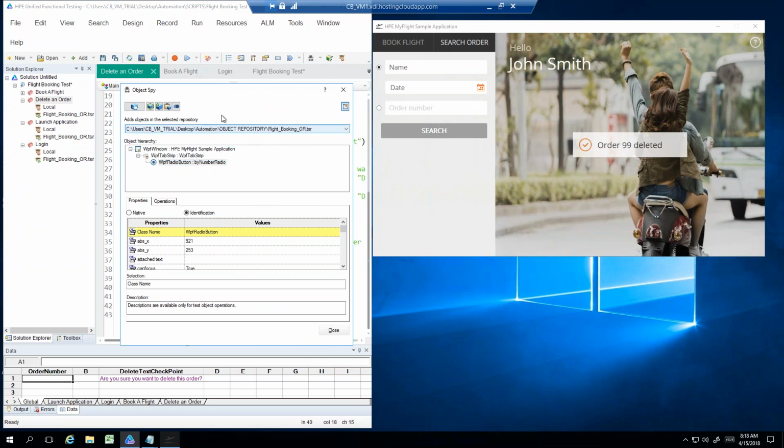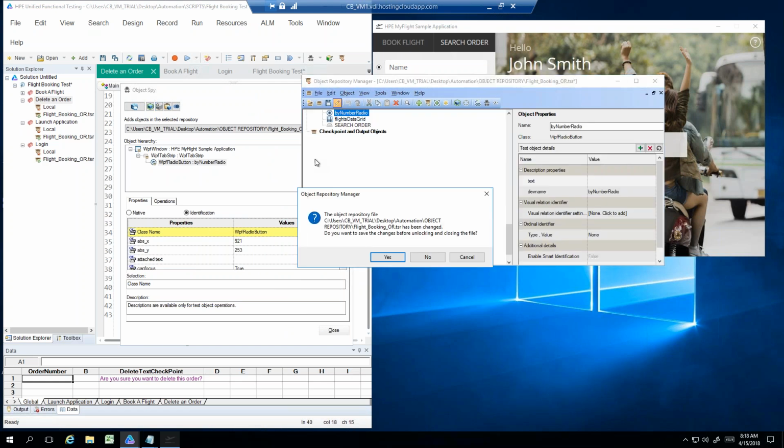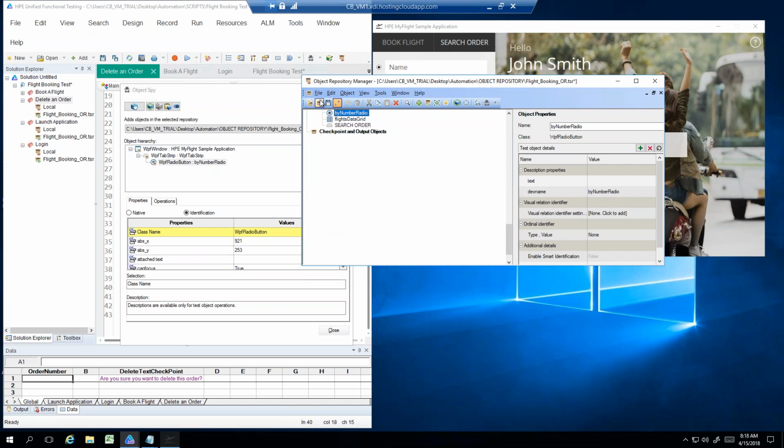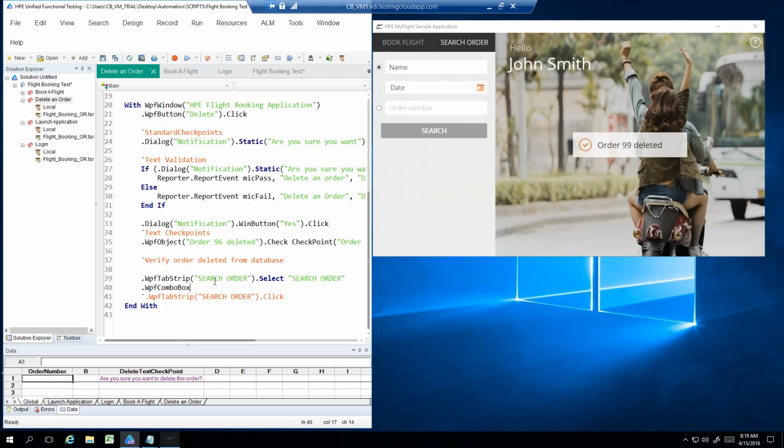remember we did it, you can also add it from the spy directly to your shared object repository. Click on plus, and it's added. And save it. So now it's a number of by number radio group. So now if we go back, WPF control space, now it should give us the radio option here. See the radio options? We have by number. So let's say dot